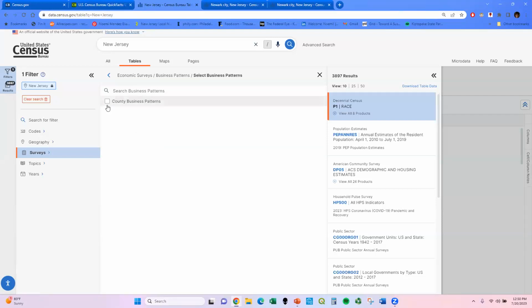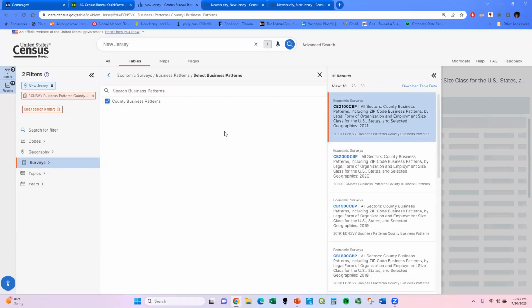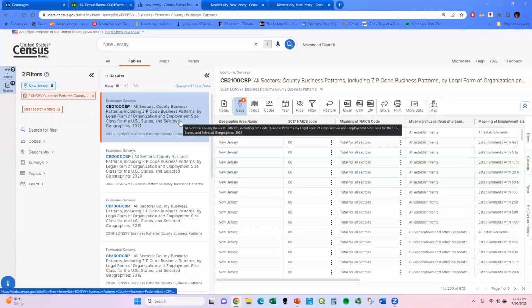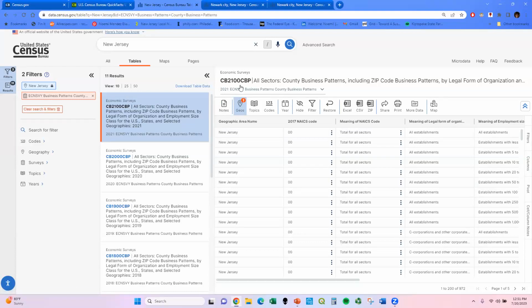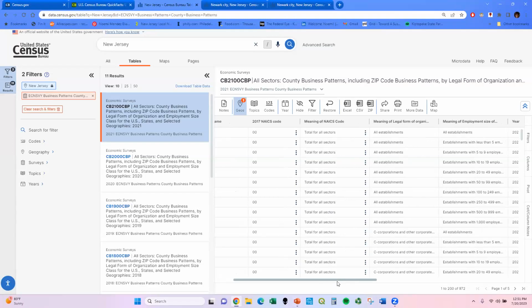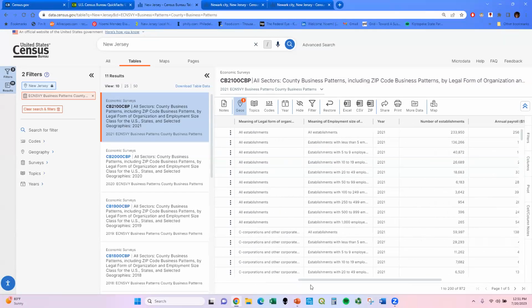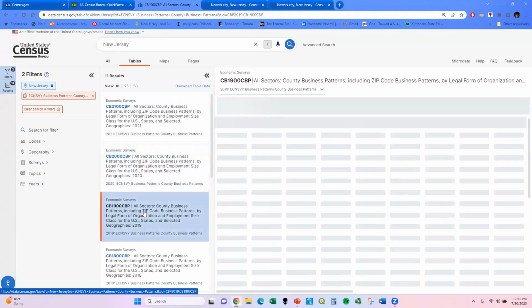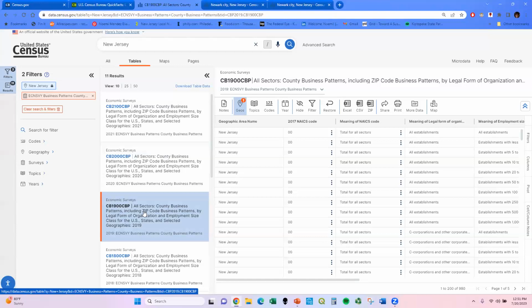So if you're looking at business patterns, let's say for New Jersey, you can click on County Business Patterns. This is a great database. You can do multiple sectors. So for instance, this very big table for New Jersey is all sectors for business patterns, including zip business patterns. This is by legal form of organization. So there's a lot of info on this County Business Patterns. We've been doing this survey since the 1950s. So this is one of those that has